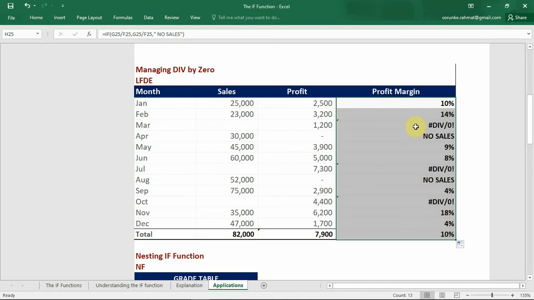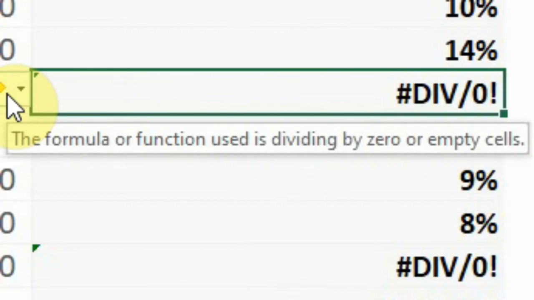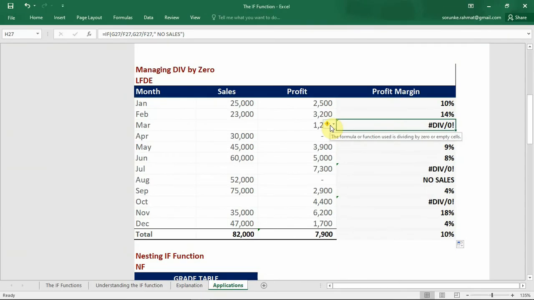Now we notice an error here. Let's see what Excel has to say about it. Excel said the formula or function used is dividing by zero or empty cell. We have the profit figure here but we don't have any figure for sales. Now it means we are dividing something by zero. We are dividing the profit by zero, and that is why it brought out this error, which is called the division by zero error. Now I will correct this by writing the formula,